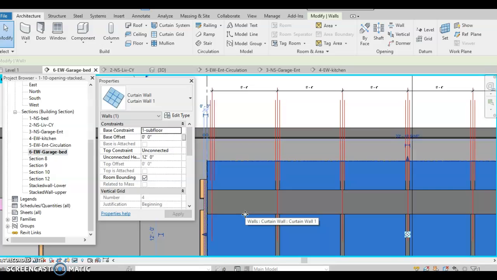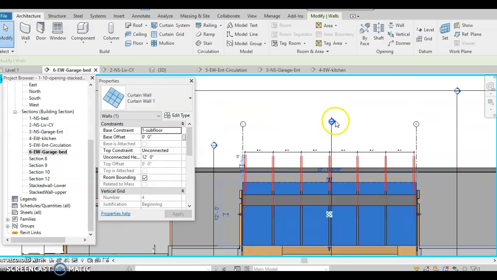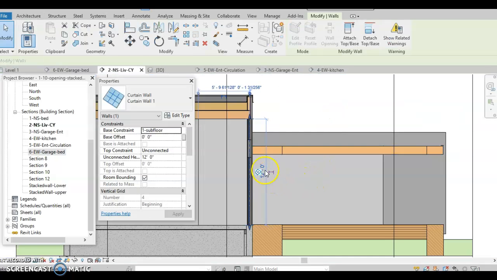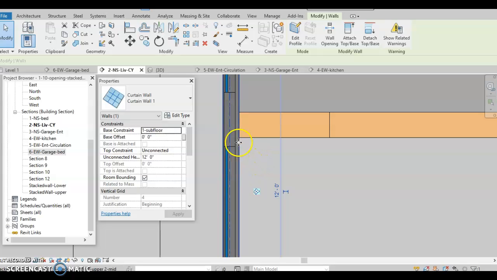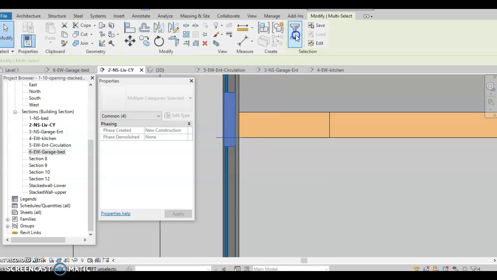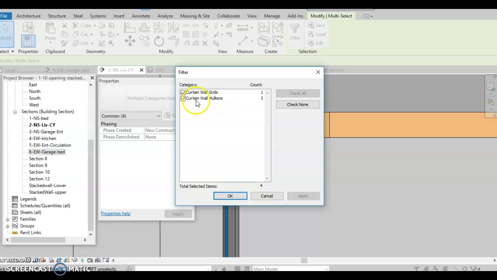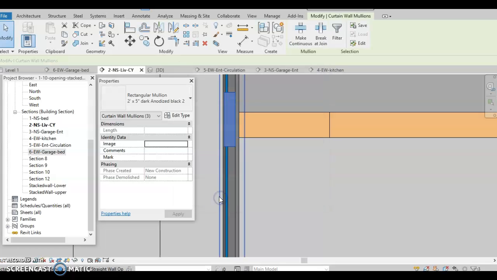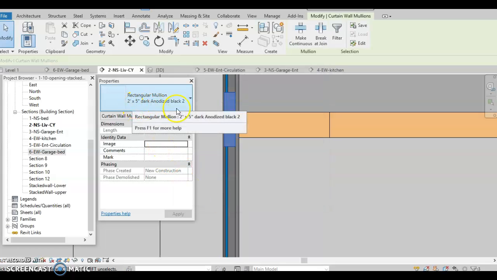Let's show through the cross section. So in the cross section, I actually created a center line, which is aligned right here. You can see it when I get close and hover it. You can see I created the grid line right there. Down below it, I did 4. Up above it, I did 1 foot 8. Watch how I pick up this. When I pick up that, filter it. When I pick up that mullion, and I just want to study that mullion,